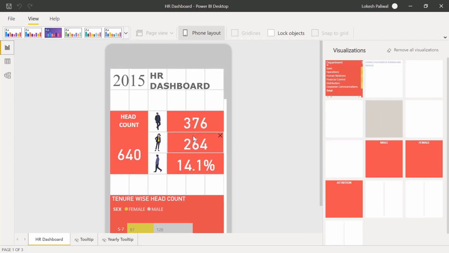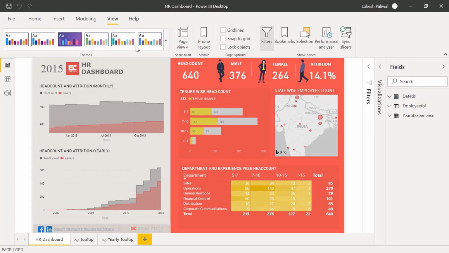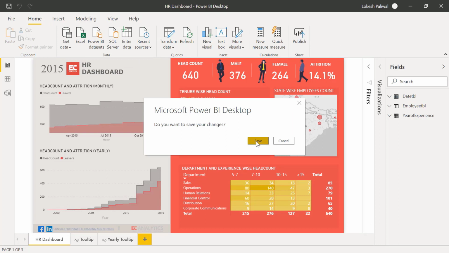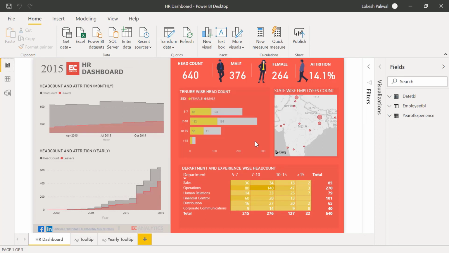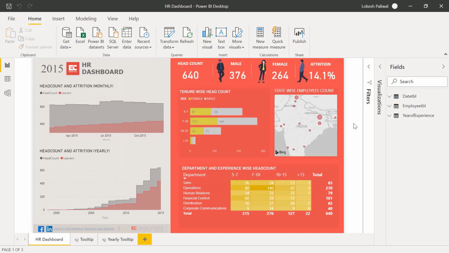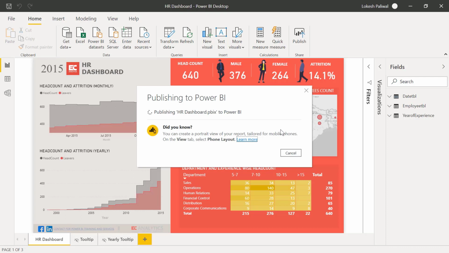Okay. In the end, we have published our report on server as well, which is Power BI Service. So to publish your report, what we did, we have clicked on home tab and click on publish. From here, I have already published this. So this program will replace this dashboard with my existing dashboard inside my container, which is EC Analytics. Left click on this. And yes, I want to replace that. Click on replace, and program is publishing this on my Power BI Online. Let's wait for a few seconds here. Done. So left click on open and program will open that URL. And here you can see our dashboard.